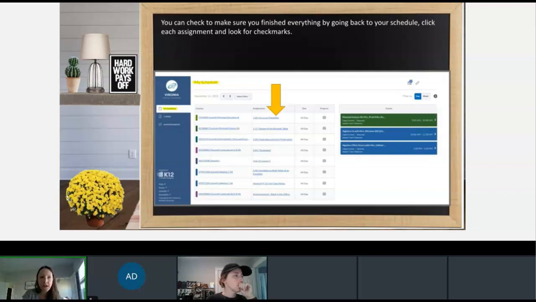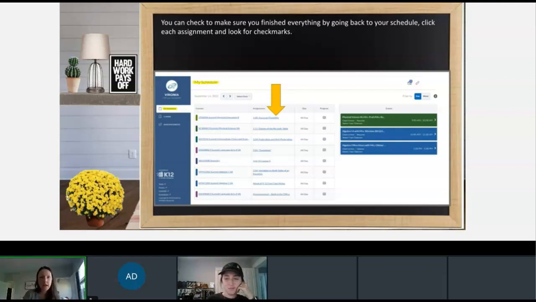Okay. You can check to make sure you've finished everything by going back to your schedule, clicking each assignment and looking for check marks. So let's break this apart. And I wish this was bigger and I apologize, but on the left-hand side, you're going to go back to my schedule. Just start at the top. I can't even read what this says because I have old eyes this morning, but I'm going to click on the lesson.